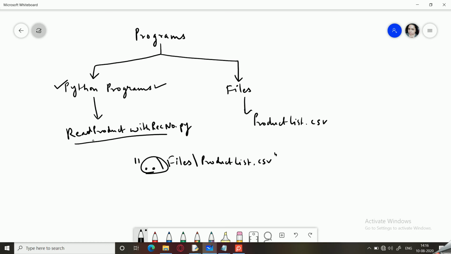So what is the parent folder? That is unknown, and within that parent folder we should have a folder named files, and that folder should have a file named productlist.csv. So this is how I am going to do it, because these two files are at two different locations. So let us see how to write the program.